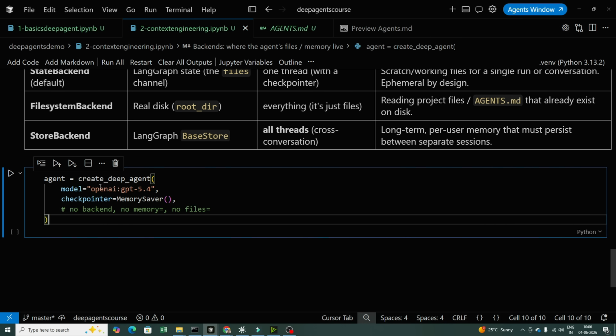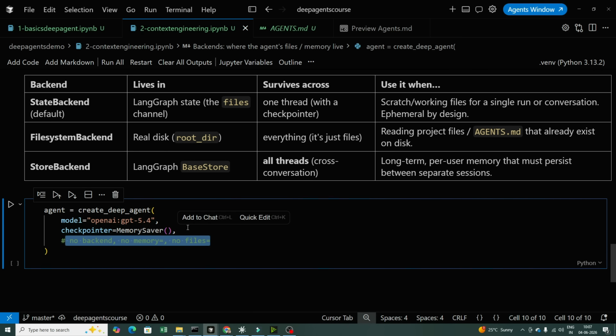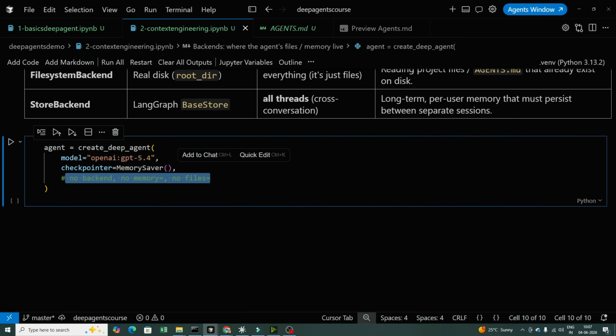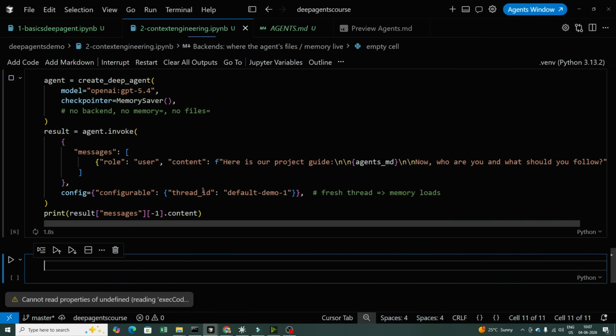I'm creating an agent, create deep agent. I'm using OpenAI 5.0. And when we say checkpointer is equal to memory saver, here no backend is basically used, no memory is used, no files are used. So these are all parameters that can be added over here. This checkpointer will basically be storing within the same session, in the internal memory itself. So once I go ahead and invoke this, you should be able to see,